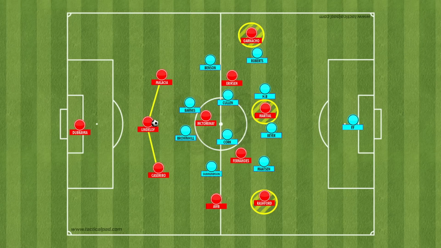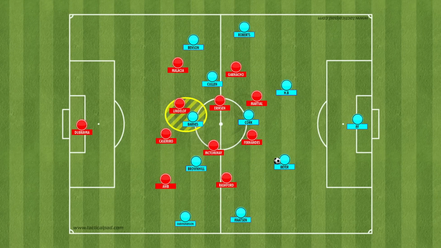And in the middle third, United were defending in a 4-2-3-1, and we did see Lindelof tracking the movement of Barnes when he did look to drop deep and link the attack, and so Ten Hag was prepared if Burnley did look to go for a more direct route. Now despite Vincent Kompany's Burnley having a greater share of the ball than say Sean Dyche's Burnley would have, this